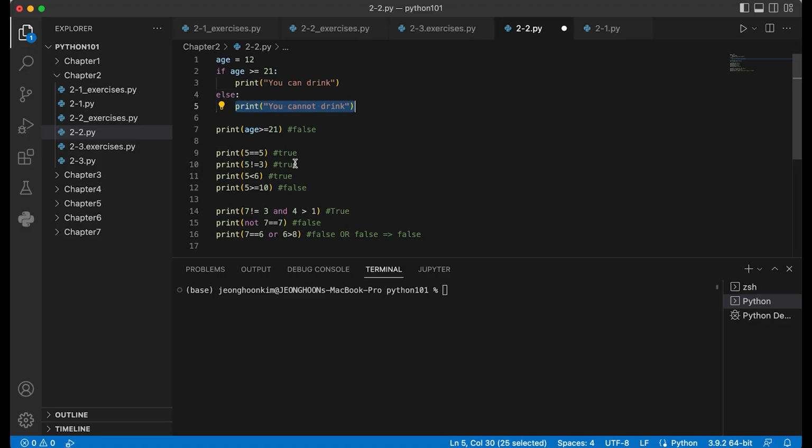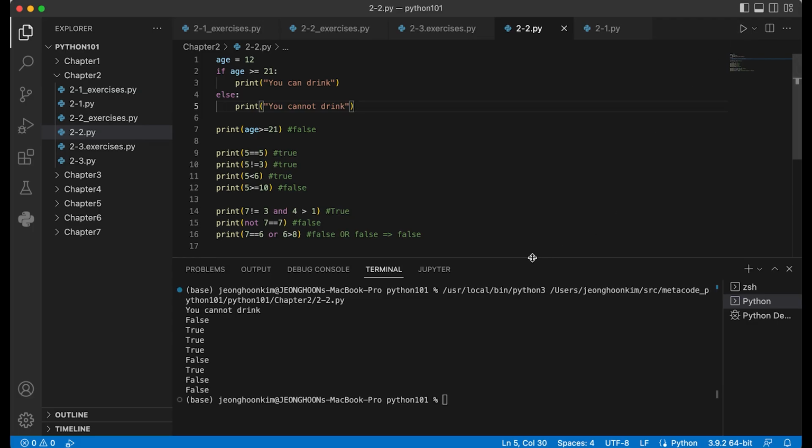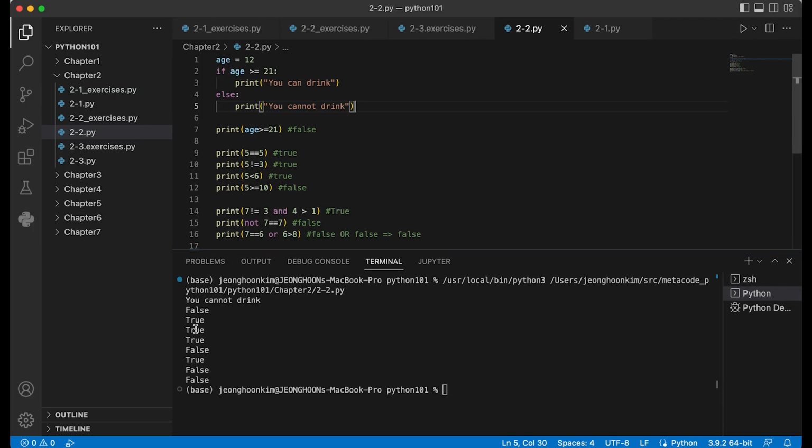Then the results: false, true, true, true, false, true, false, false. Let's see if we're correct. I'll print it out. You cannot drink. False, true, true, true, false, true, false, false.